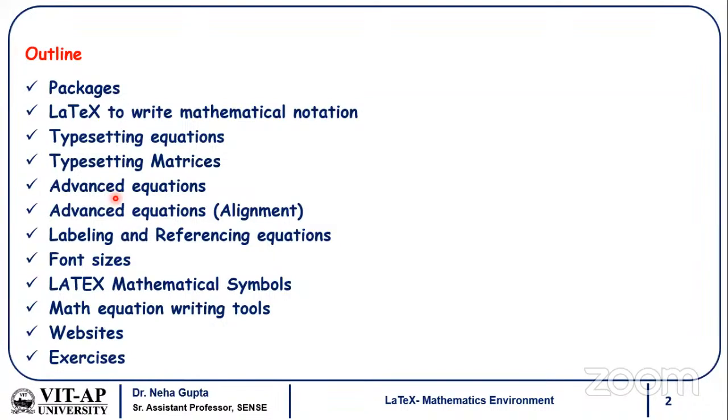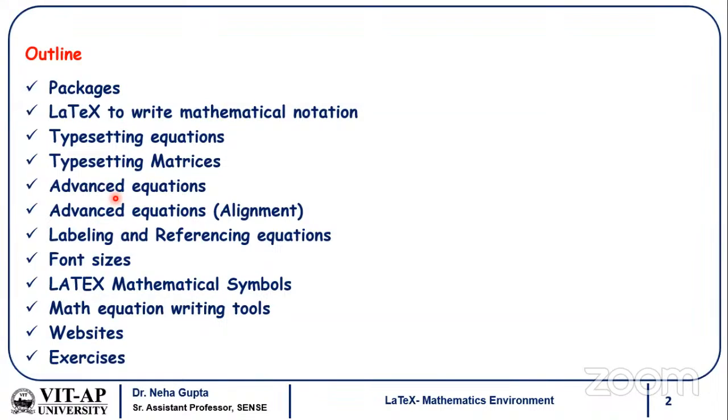If we have any complex equation, like binomial or fractional, we are going to see all these things in advanced equations. And the most important thing is the alignment. If you have a multi-line equation, how it can be aligned, all those things we are going to see